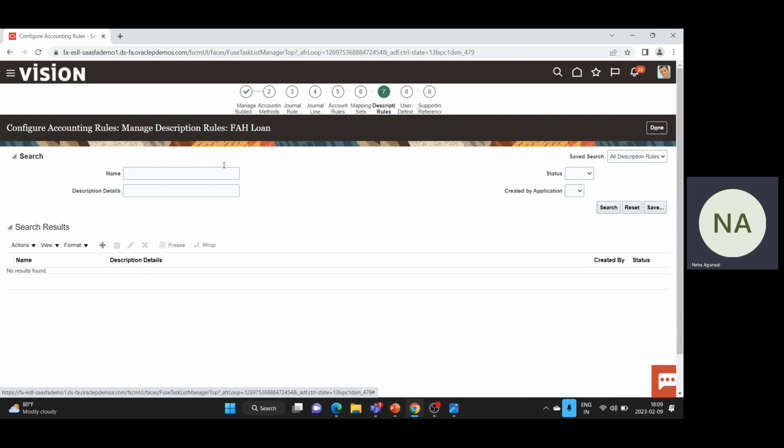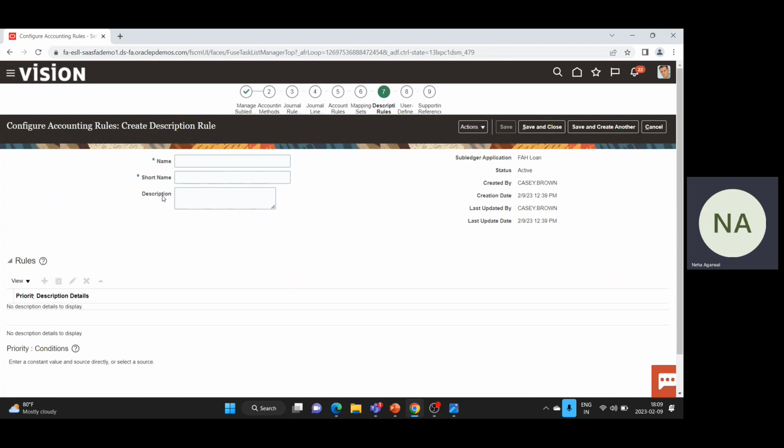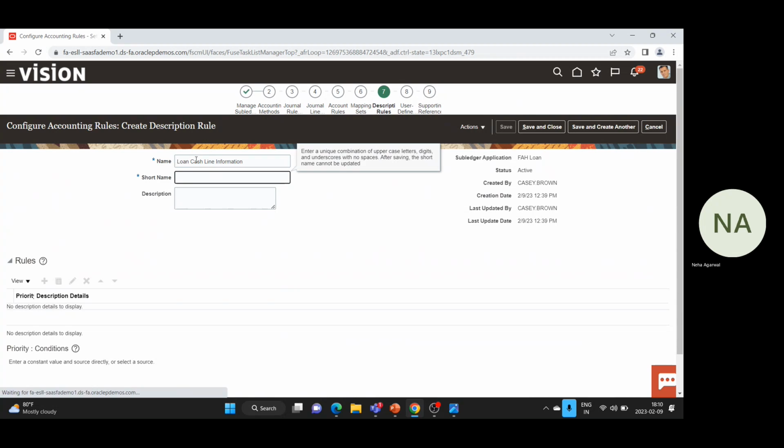So the first rule we are creating is the loan cash line information. So name I will take as loan cash line information. You can provide the short name as FAH cash line